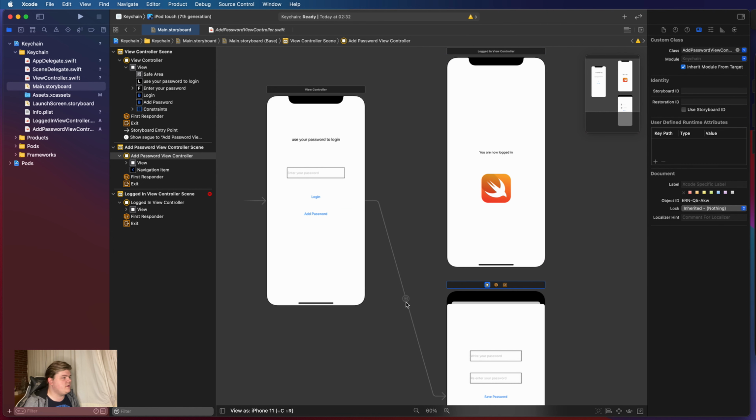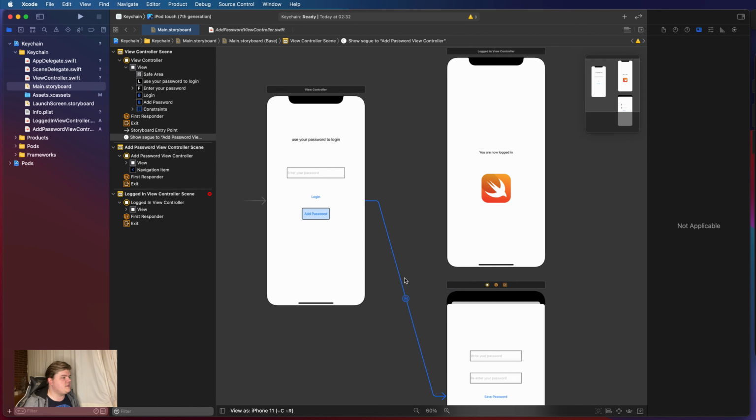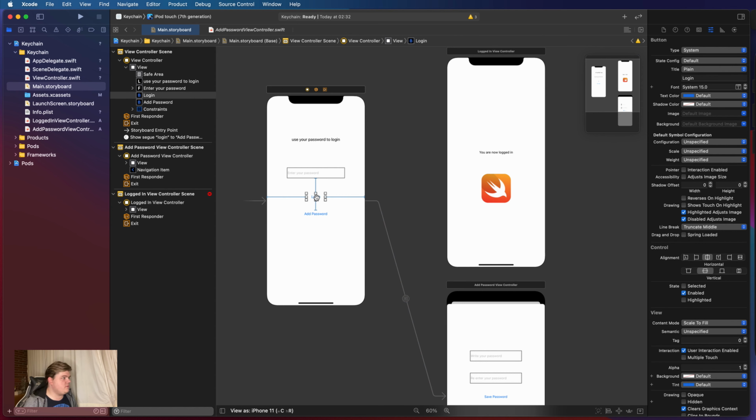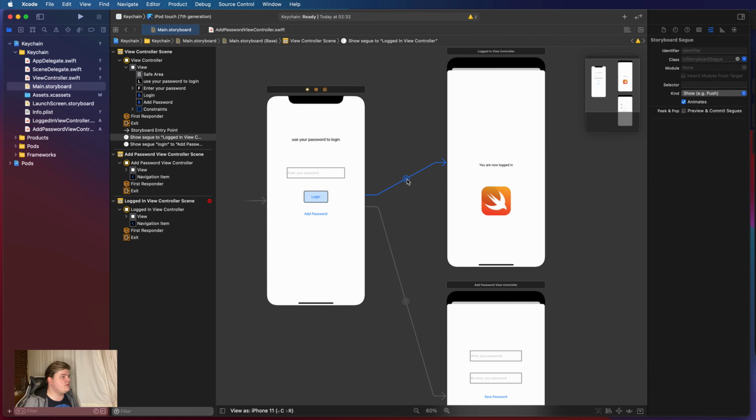So as you can see now, here's a line, and when we click that one, we can actually give this an identifier. So let's give this an identifier of login. And we're going to select the login button, control drag to this one, also show, and we're going to call what was this one called? We're going to add password. Add password, and the top we're going to call login. Okay,